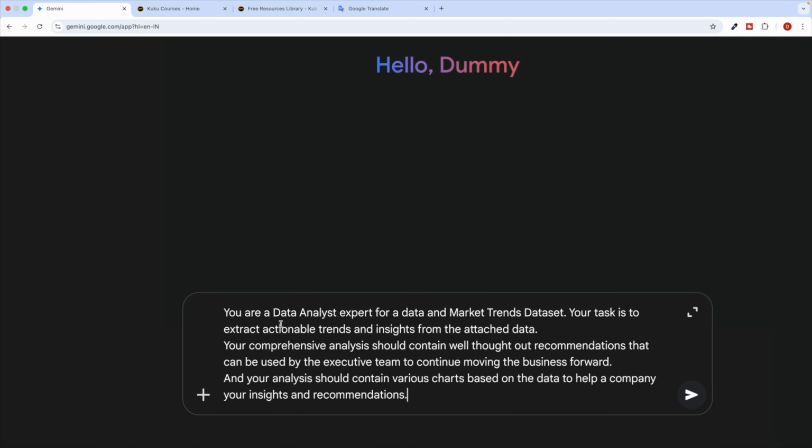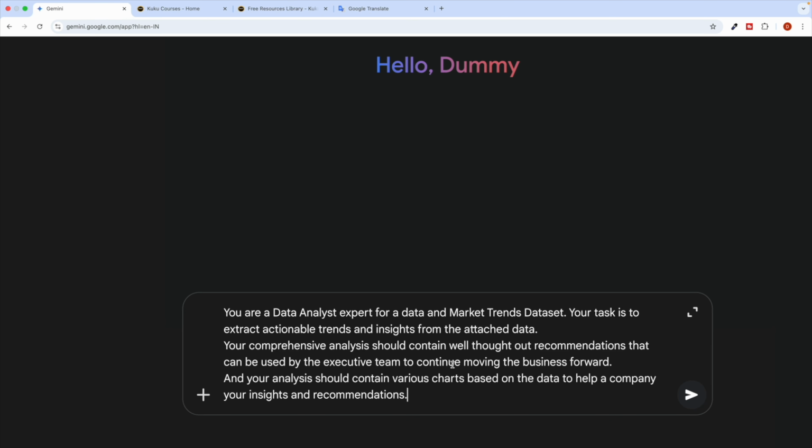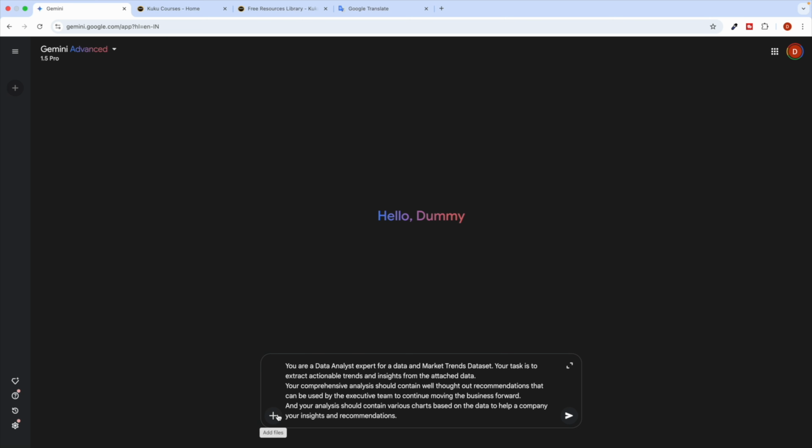Okay, so I have used this prompt: your data analytics expert. I use the same principle which we have told you over here. But right now I'm saying that I have attached some data, and your task is to extract some actionable insights from the attached data. Whatever data you attach here,